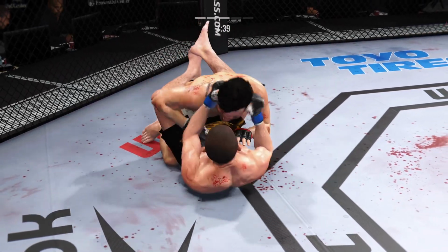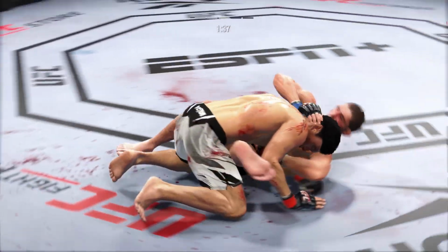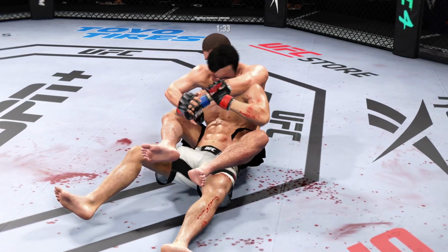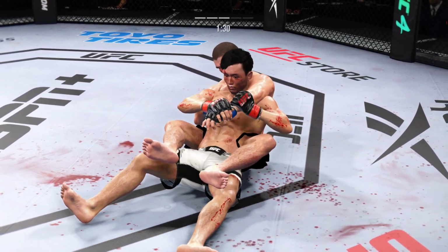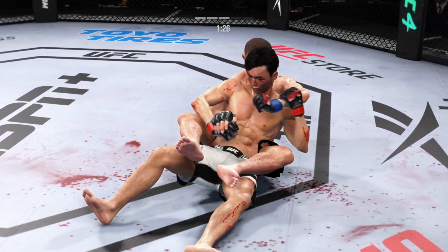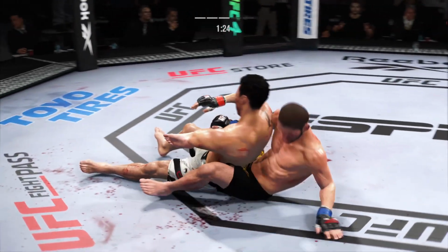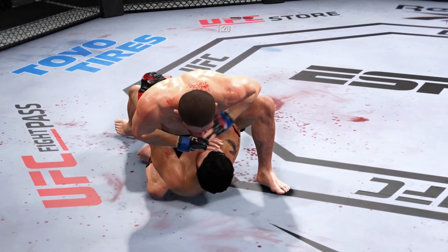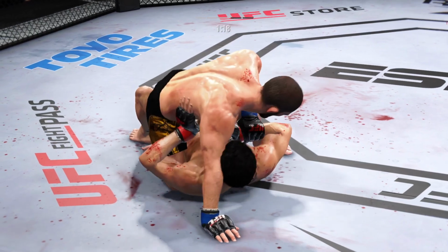Strong bottom work here, staying busy. Well, you know, I don't like the gi very much, but I have an appreciation, and a healthy one, for these type of transitions. You can tell he's been in the gi at some point in his life with the way that he moves so freely. I'm skipping jiu-jitsu next week, too. All right, good movement by him here on the ground. He really is a master of these transitions. He is a master of...